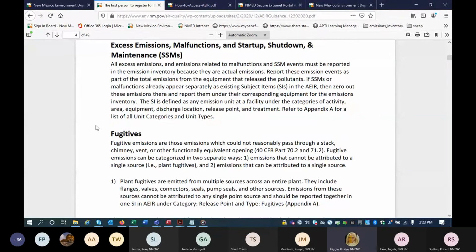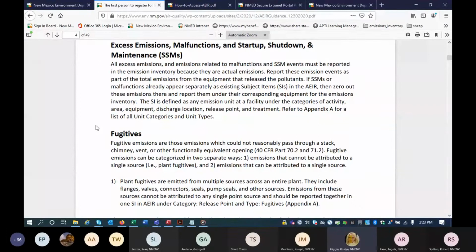So what's really important with emissions inventory, I know that a lot of you already have to submit your excess emissions to AQB-CR, but they also need to be added in your emissions inventory. So all excess emissions must be included in your emissions inventory submittal, including malfunctions and startup, shutdown, maintenance.